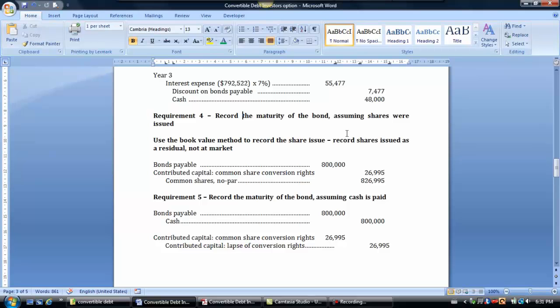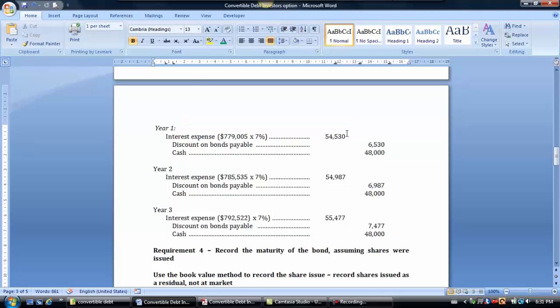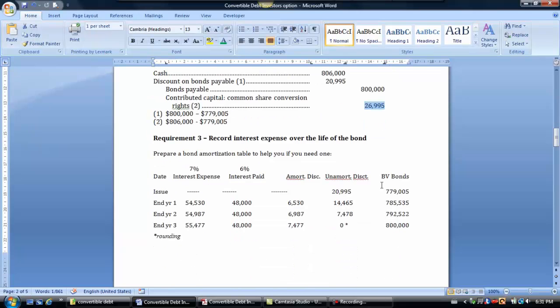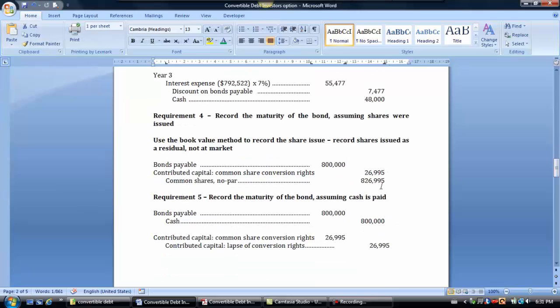Now, moving on to the next requirement, let's record the maturity of the bond, assuming that the shares were issued. So let's assume that at the end of the period, instead of taking the cash payment, the investors decided they've scooped up their interest payments. Now they've decided that at the end they would convert to common shares. So now what would happen? Well, don't forget, when we set this bond up, we had conversion rights that have never been exercised yet, right? So now at the end of the period when they're being exercised, what we're going to do is we're going to